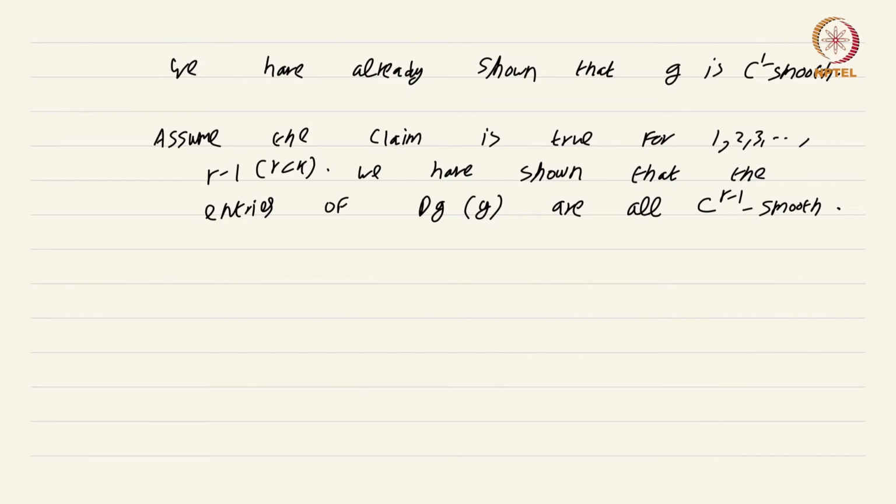Okay, so we have now, by induction hypothesis, G is C^(r minus 1) smooth. In fact, it's C^r smooth, sorry about that. It's C^r smooth, because we are assuming by induction hypothesis that the entries of DG are all C^(r minus 1) smooth. Okay, but we just said